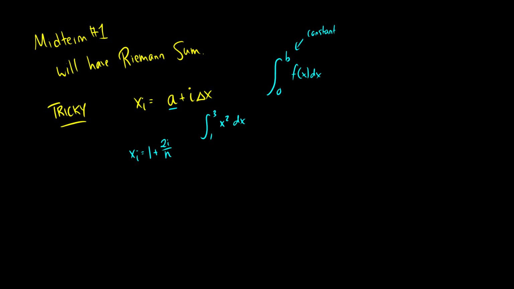Because delta x is just 3 minus 1 over n, multiplied by i. So instead of the previous question, where it was the same distance and it was 2i over n, you have to add in that first number. So what this does is it makes the algebra trickier. And if you forget the formula, where you have to have the a here, then you're going to get the question wrong. And there is one more tip I have for you that is very difficult for first-year math students,